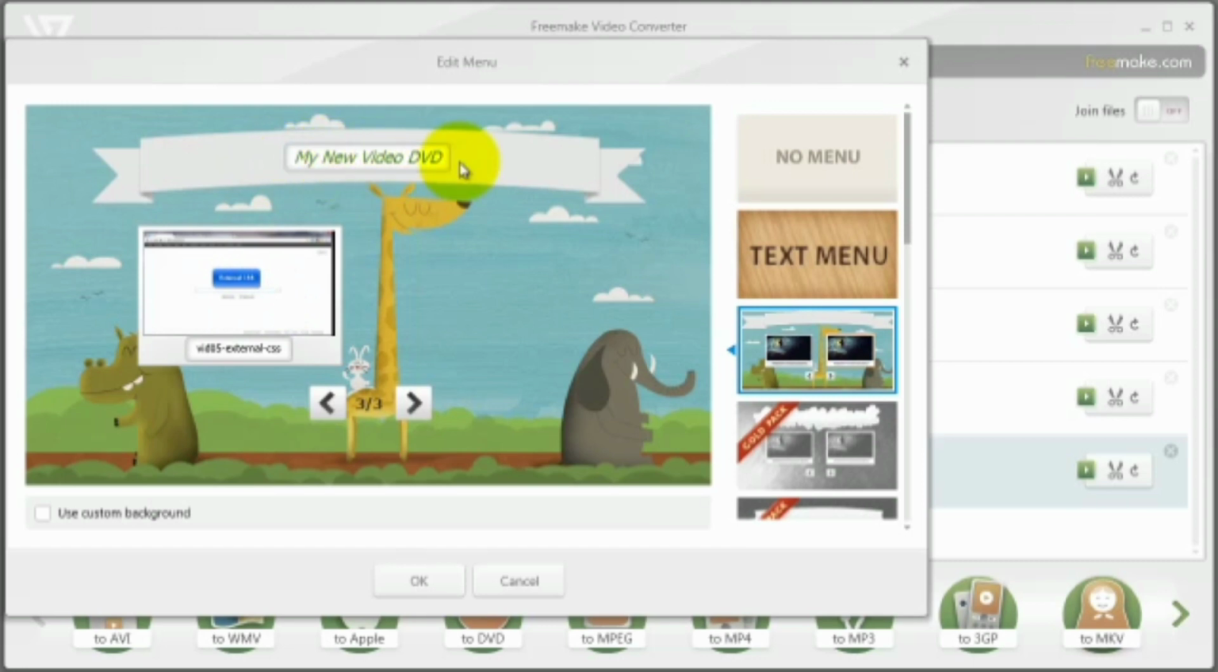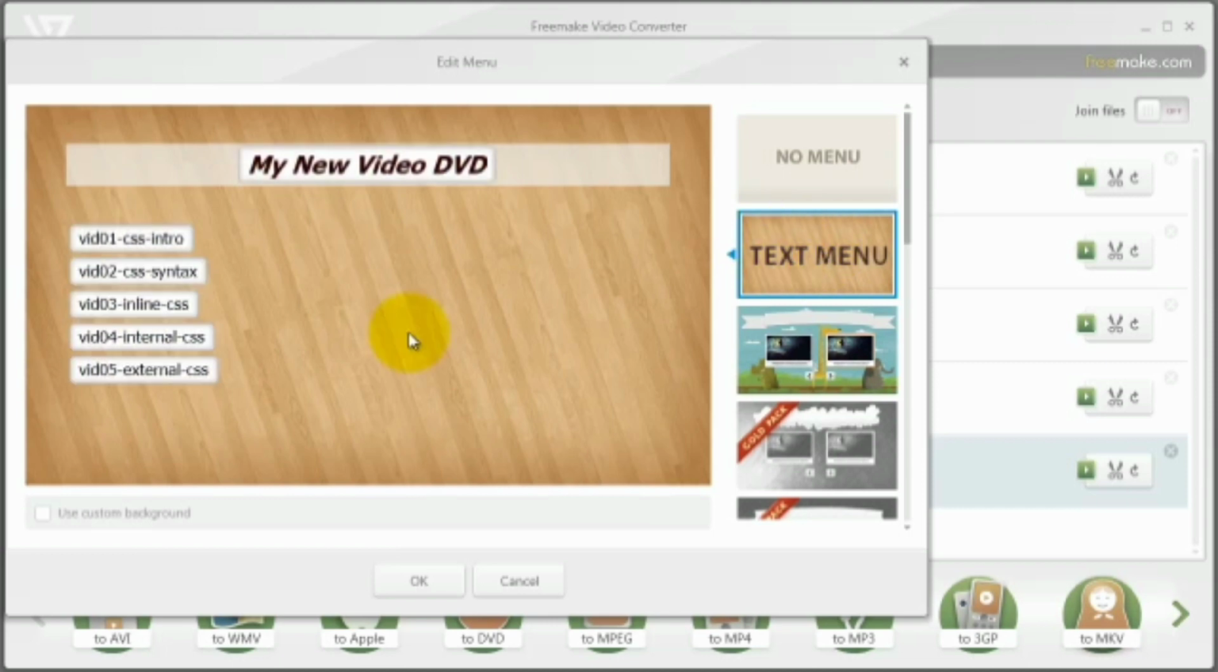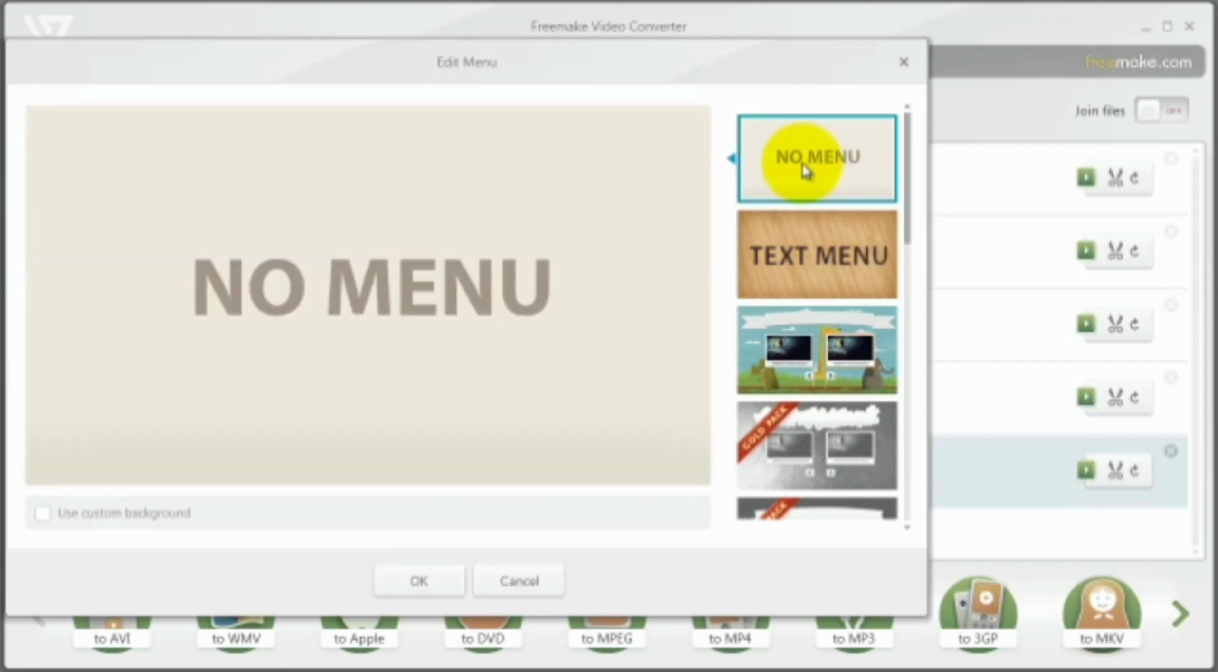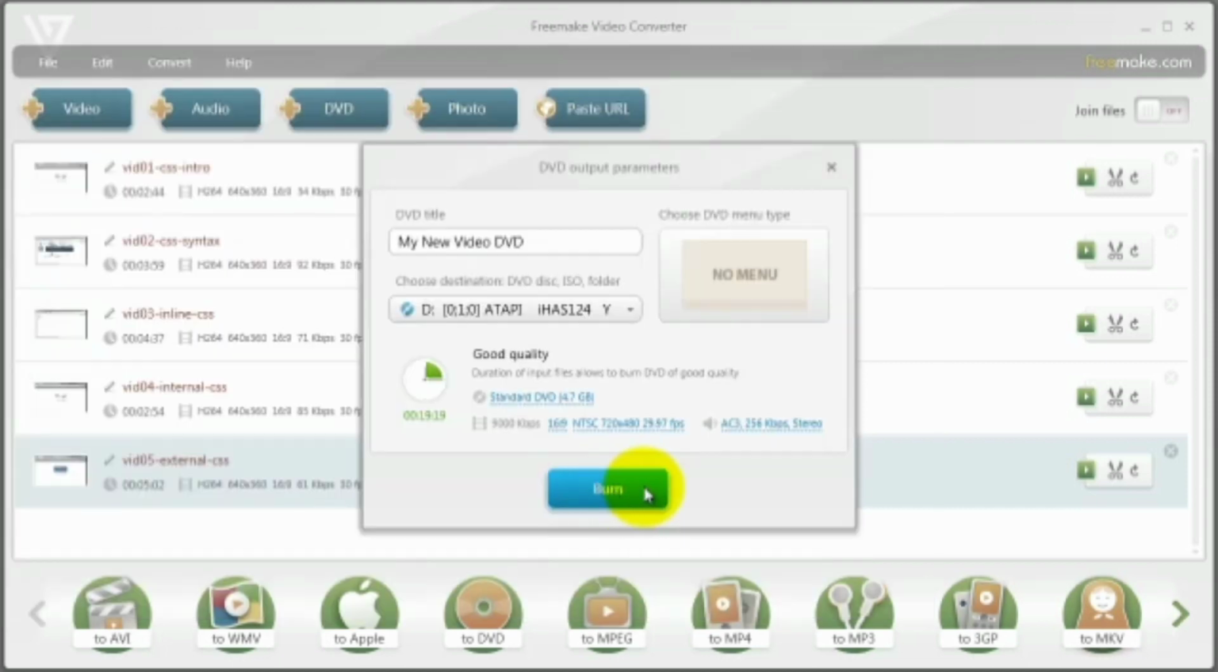And this is the title, and you can even opt to change the background. Or if you just want a text menu, pretty simple, or no menu at all. And then click on Burn. How simple is that? Now another idea behind this is that you can put content in here so that you